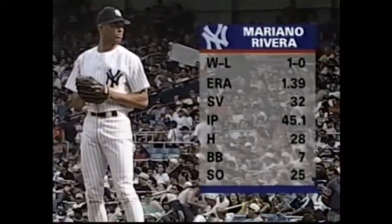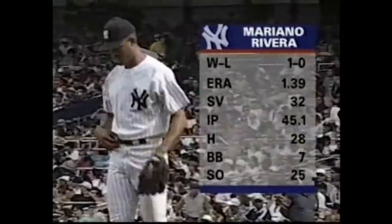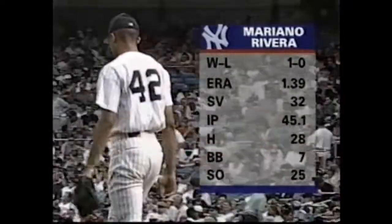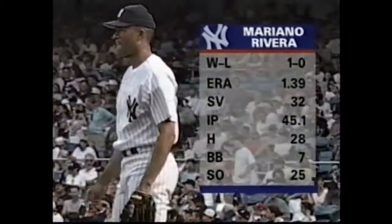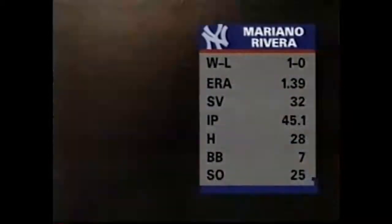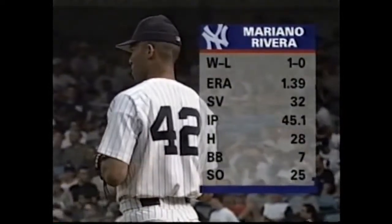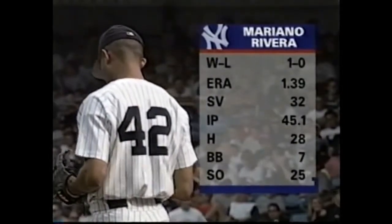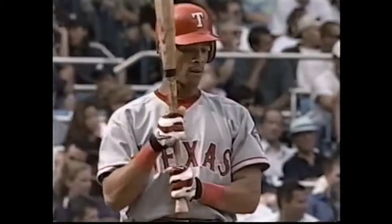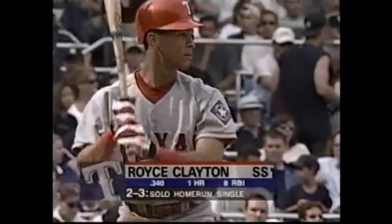Usually a save situation, but Joe Torre had him up in anticipation of getting the lead in the bottom of the 8th, and instead of sitting him down, they brought him into the ball game. Now, the last time he has pitched was the 13th against Texas. He got the save that night, but he had not pitched before that in 4 or 5 days. So Rivera is out there to get a workout, but also to keep the score at